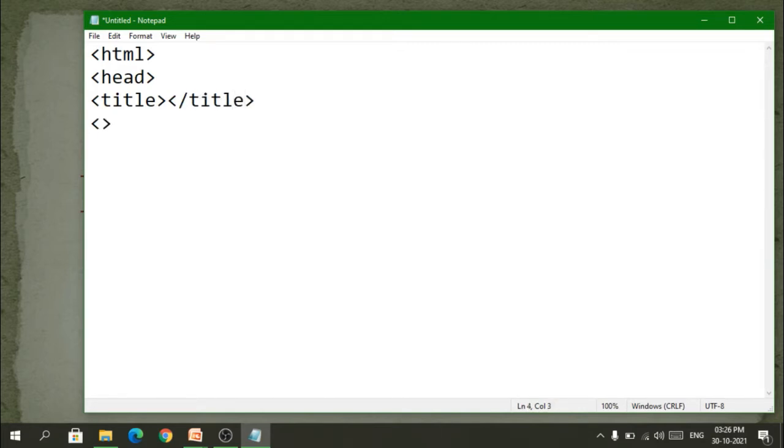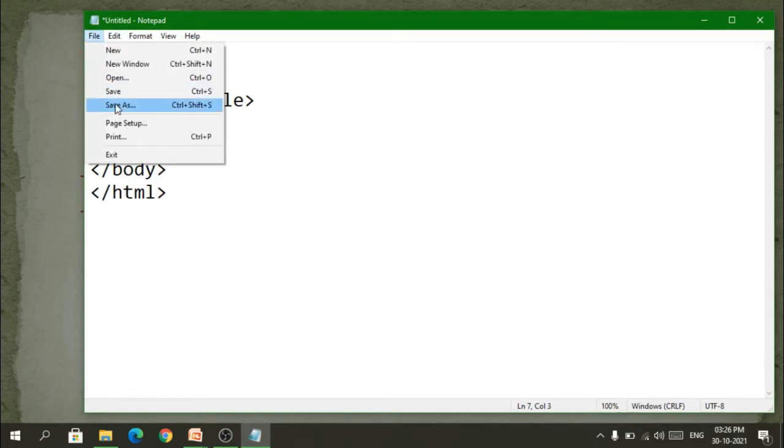Okay, so whenever I start with the coding, I would be writing down these things, and then we will move ahead with the attributes, body, body close, and then HTML, and I will save it. So just need to save it.